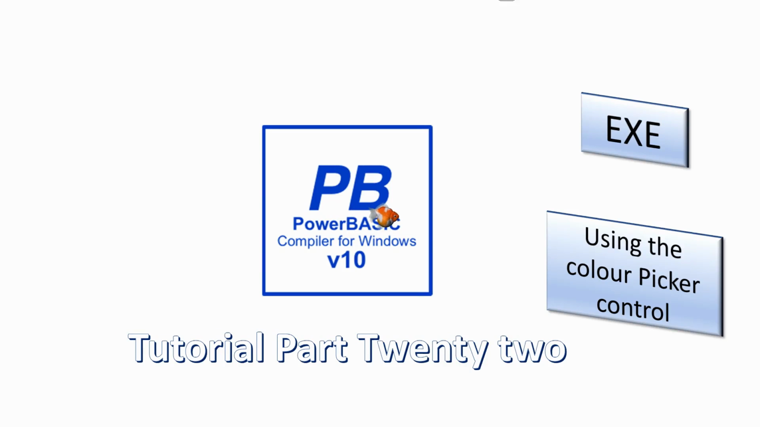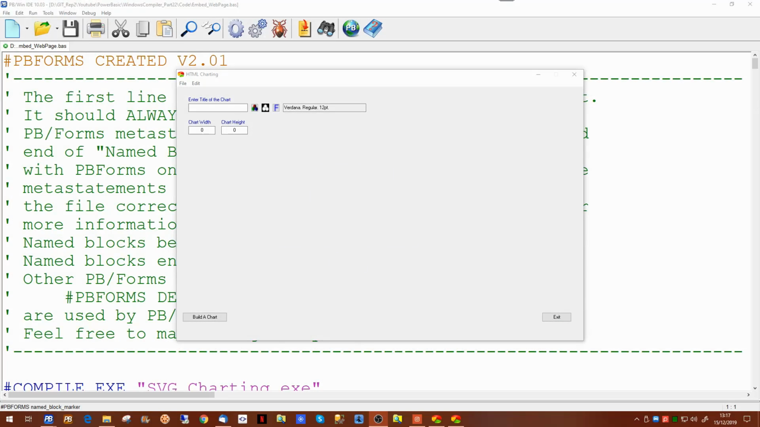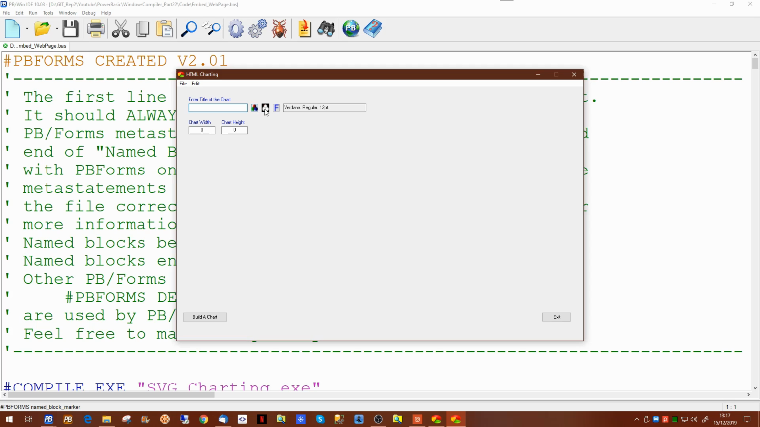Welcome! In this video we will make use of our color picker control on a form with the PowerBasic Windows compiler. At the end of the last video, this is where we left our HTML charting program. We have a facility to put in the title of the chart. We can pick the foreground and background colors of the title. We can pick the font of the title, and we can assign a value to the chart's width and the